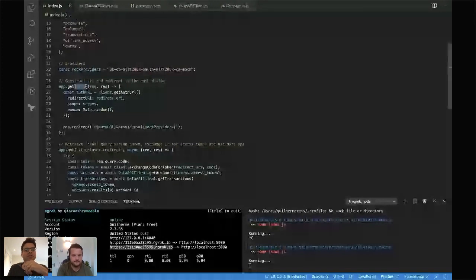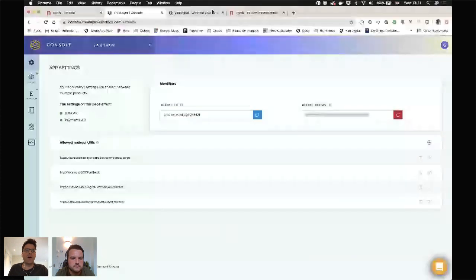And that will literally build up the auth URL for me, which contains the redirect URL, the scopes, nonce, by the way, it's just like your unique ID that you would like to provide for that specific customer. So I'm literally doing some random number here, and then I'm going to redirect the customer to TrueLayer. So let's see what could happen. So if I open URL, paste this,